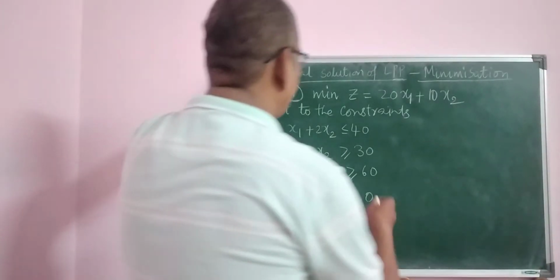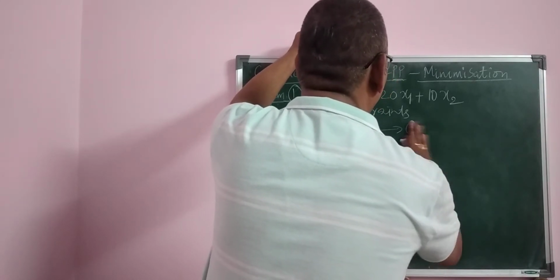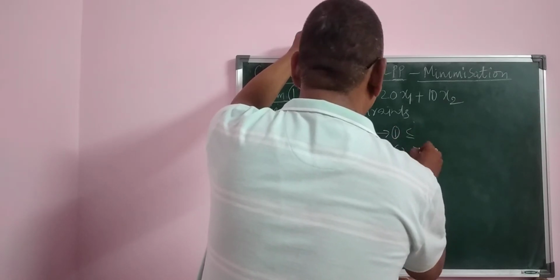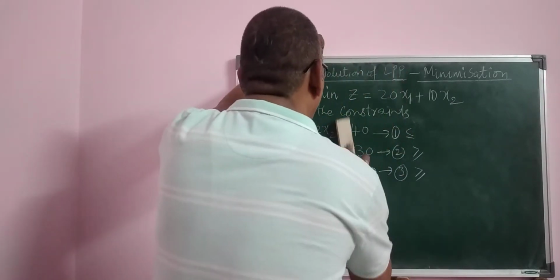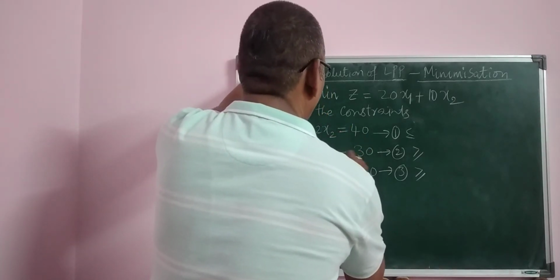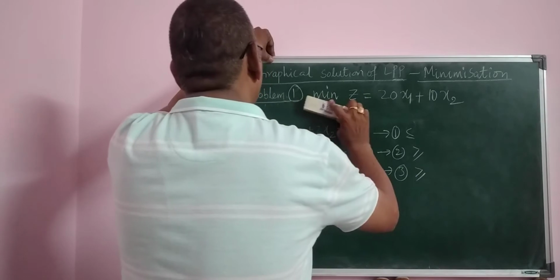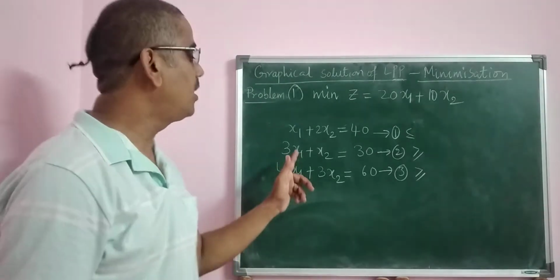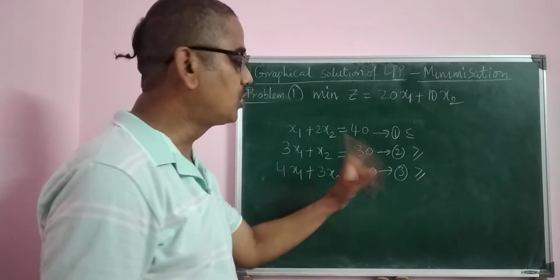So the very first step. This is equation 1, less than or equal to. This is equation 2, greater than or equal to. This is equation 3, greater than or equal to. So I'm converting the given inequations of the constraints into equations in this fashion. Clear? Just what I have converted all in terms of equations. The inequations of the constraints, 1, 2, 3, I named them.